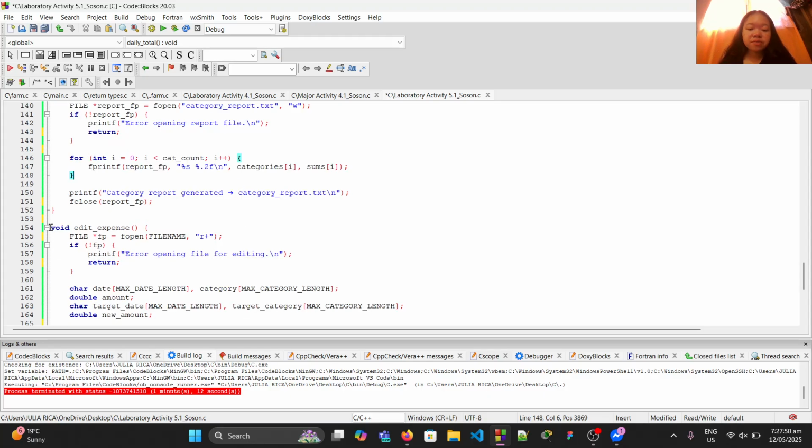And we have another function, which is to edit the amount of a specific expense in the file. This will open the file for reading and writing, and this will exit if the file cannot be opened.